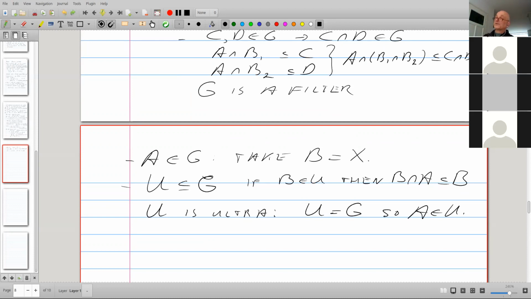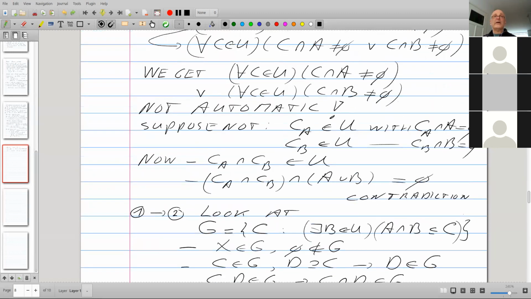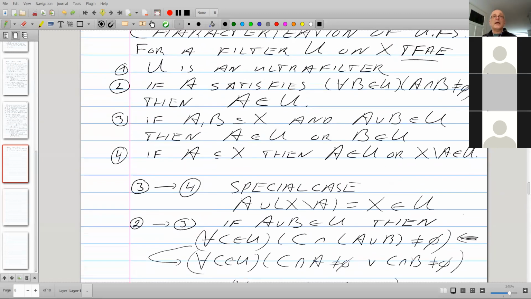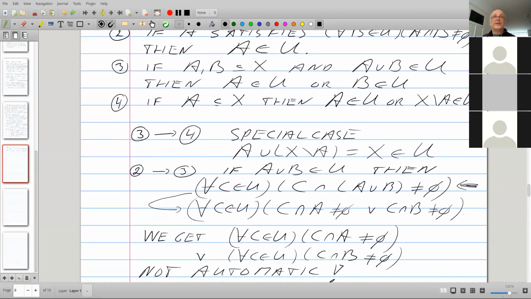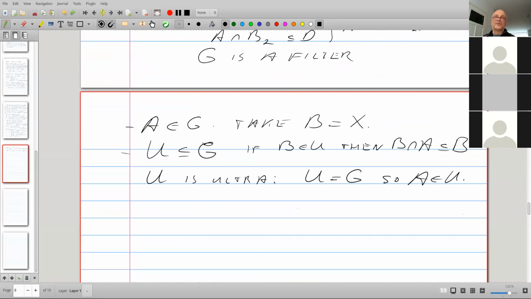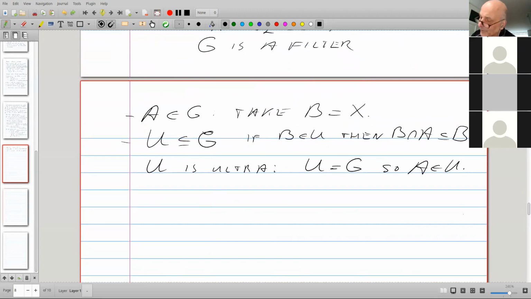U is an ultrafilter, so it's equal to G. Oh, wait a minute. A was in G, so A is in U. So we're almost there. We have 1 to 2, 2 to 3, 3 to 4, and so we should try and get from 4 to 1. Let's see if we can make that work.